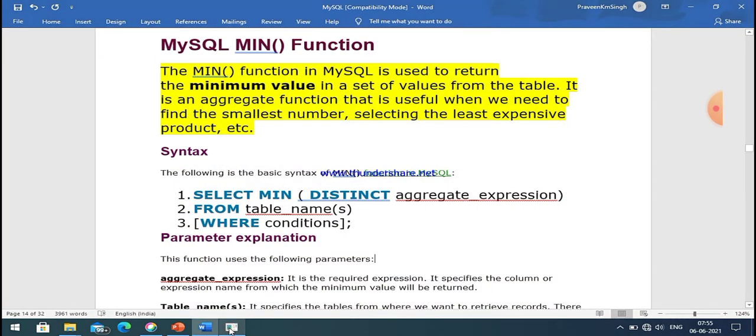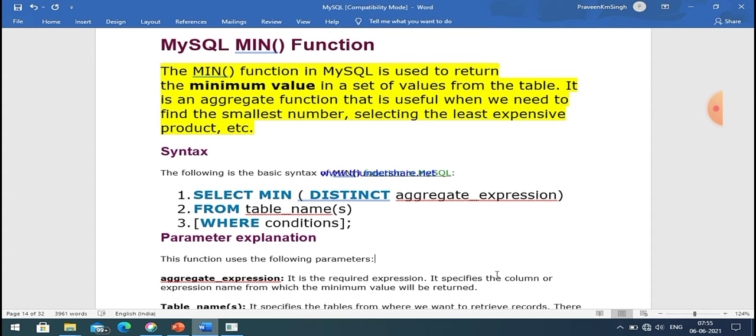So if you want to avoid null values or duplicate values, you can write distinct. In the case of min and max, the use of distinct and all is basically irrelevant.